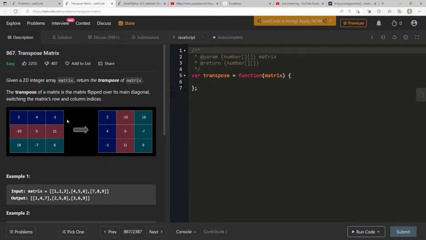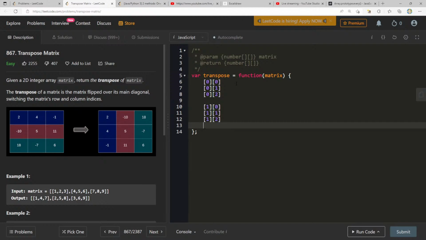But let's think about this one. I'm going to see what every new cell becomes. So what I'm going to do is write out, okay, we're on row 0, right? We have 0,0, 0,1, 0,2, and we have 1,0, 1,1, and 1,2.